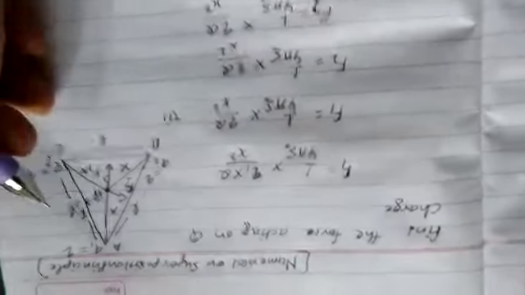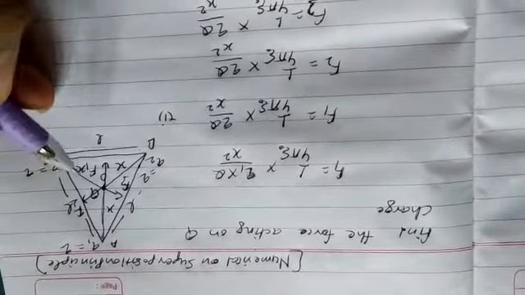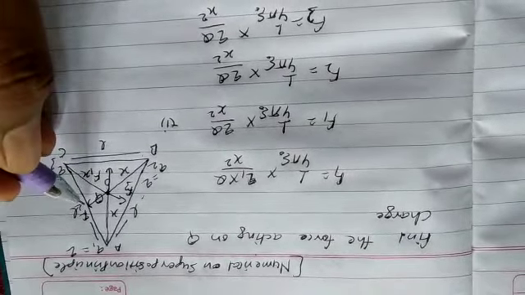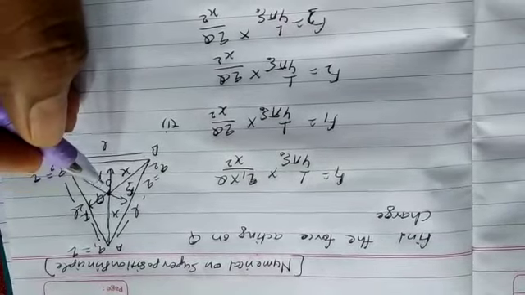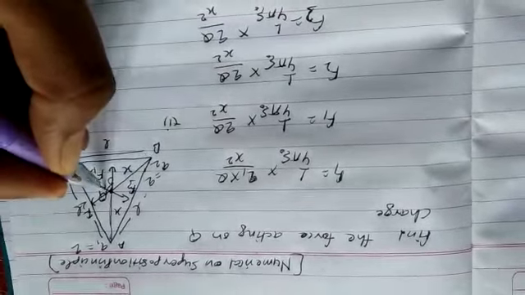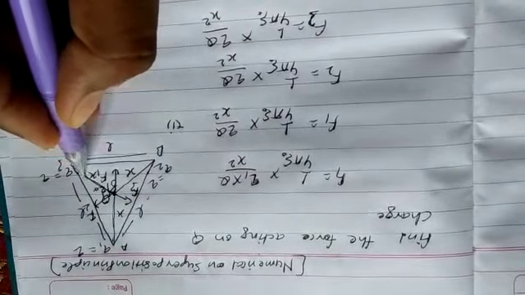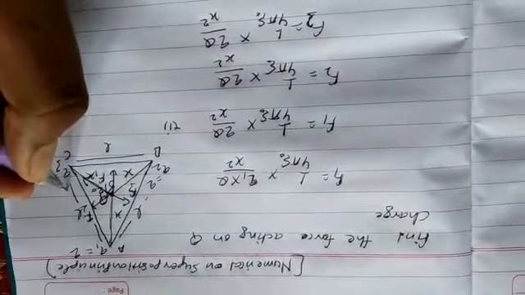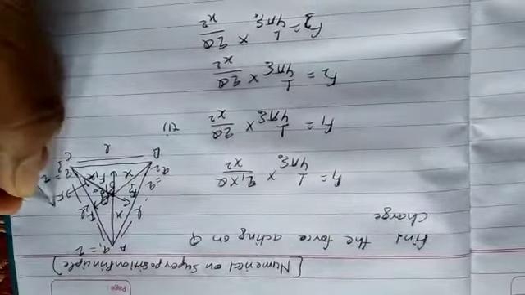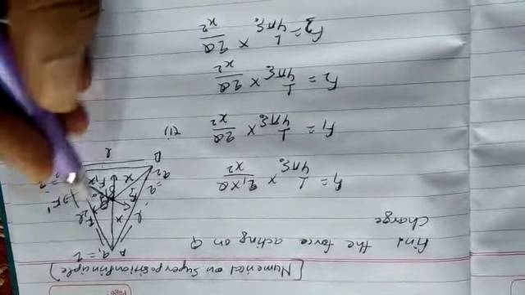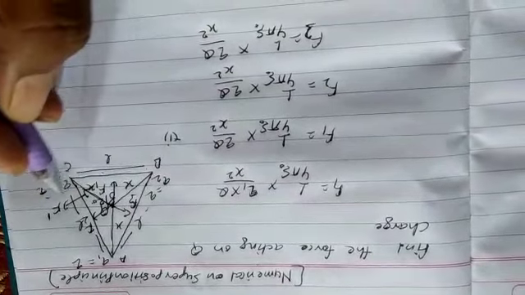Now find the resultant of F1 and F2. The angle between F1 and F2 is 120 degrees. This angle is 120. So the resultant acting in this direction is equal to F dash. The F dash is the resultant of F1 and F2. By the vector rule, by applying the parallelogram law, this F dash